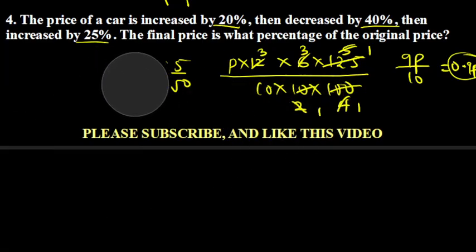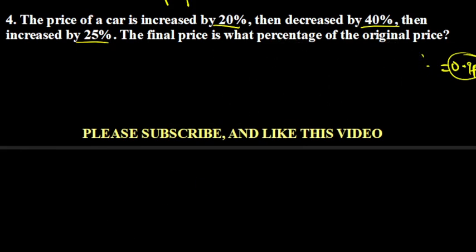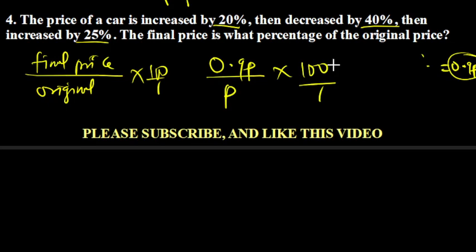So the question now is, the final price is what percentage of the original price? Since we have the final price as 0.9P, don't forget initially I said it will be the final price divided by original price, times 100 over 1. So the final price is this 0.9P, and the original price is P here, times 100 over 1. So P will cancel P, and we are left with